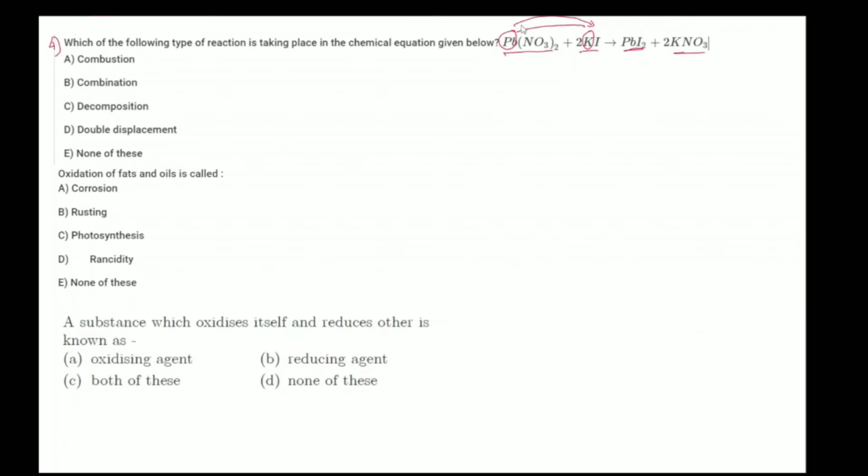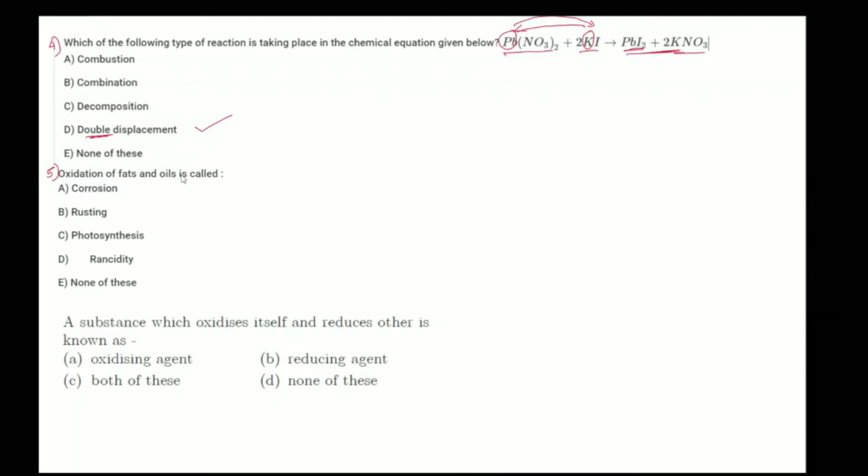So that means they have displaced each other's places. So it is a displacement reaction. So we got the answer as displacement reaction. But since both of them have changed their places, it is a double displacement which is taking place. So the answer is double displacement. Although there is no other option, only this is the option, so it is a double displacement reaction. Okay, let us move on to the next question. We have the fifth one.